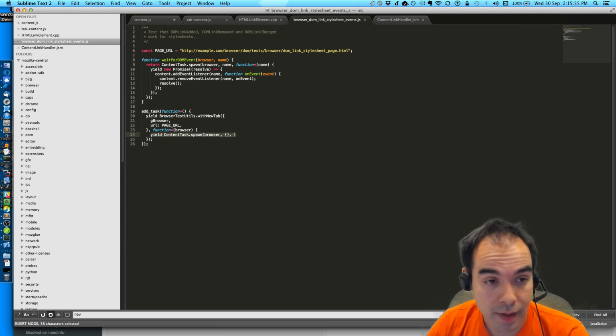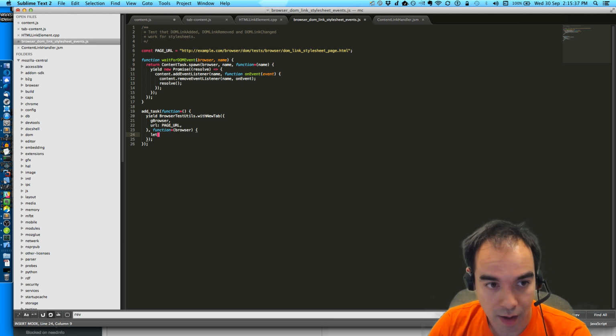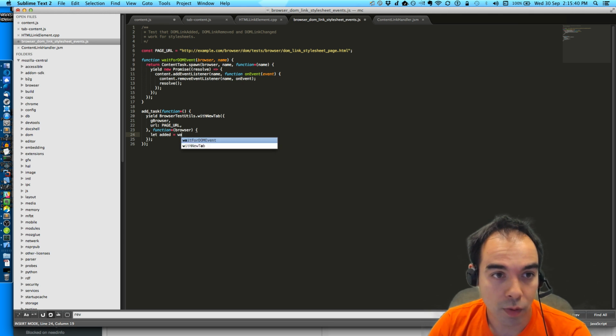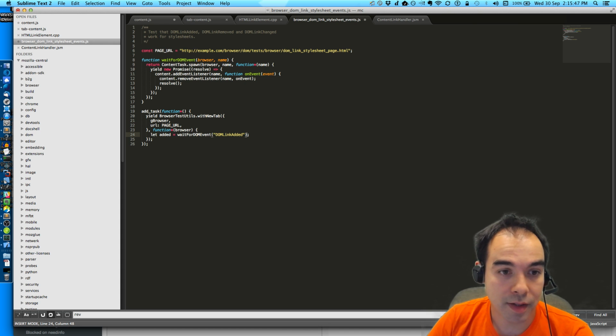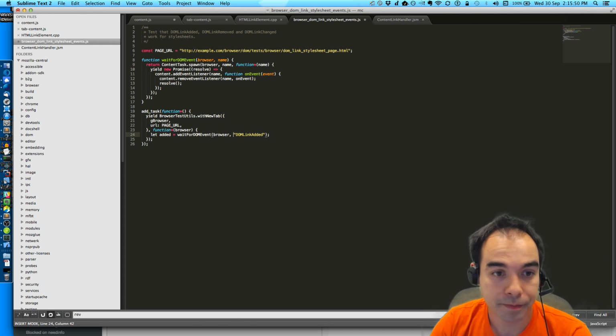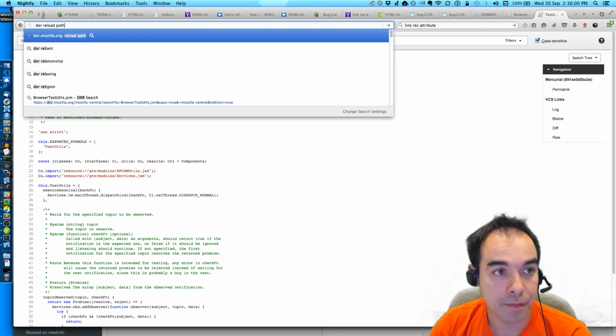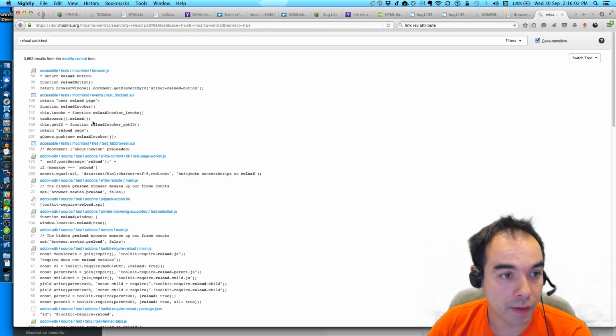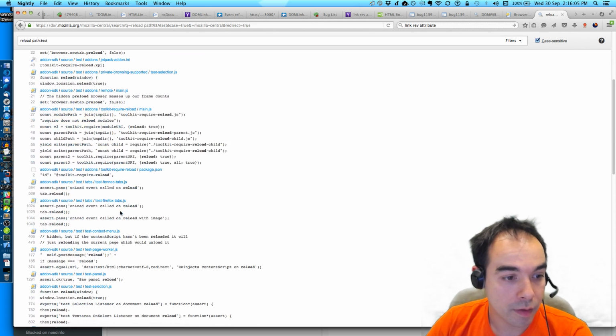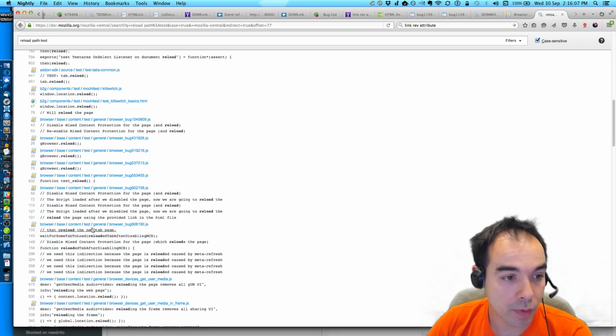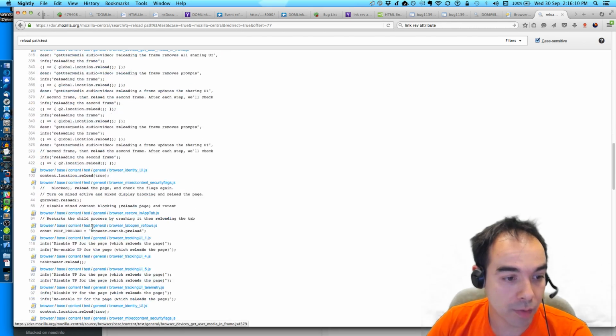And then what I can do is let added equal wait for DOM event, DOM link added. I'll pass it the browser as the first argument. And then I will reload the page. There's definitely a way of doing that. Tab.reload, gbrowser.reload.